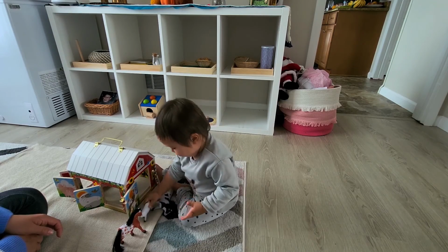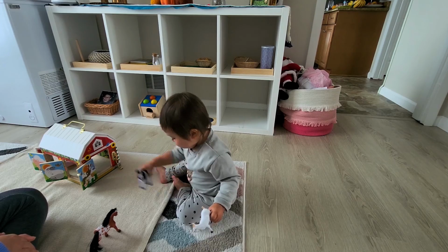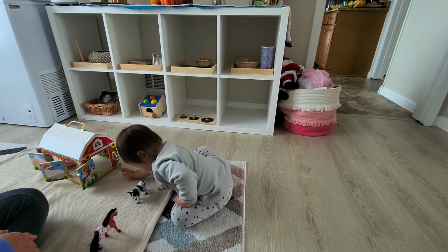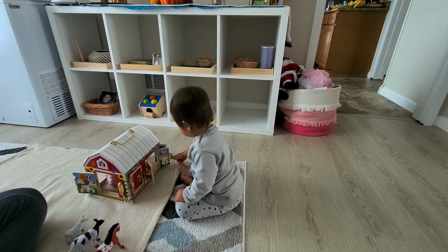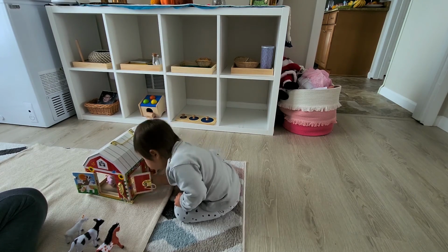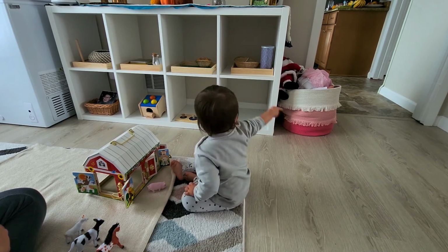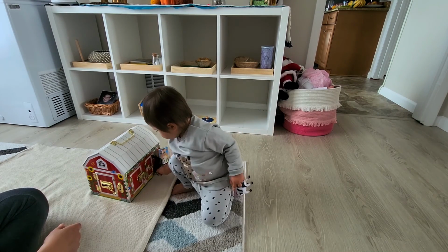materials. This is a new barn that I got for her just recently to work on her latches, and I mentioned this in my previous video that I did. She had just received it last week and she's already mastered quite a few of the latches, so it's definitely interesting to see how well she's able to master a material if it's something she's very interested in. So between this material and the opening and closing material, she was very engaged for the first couple of hours